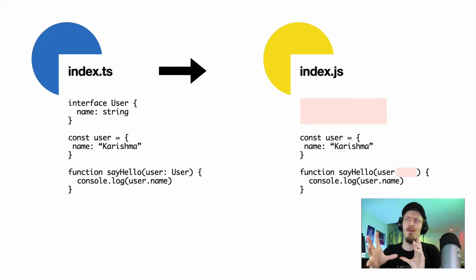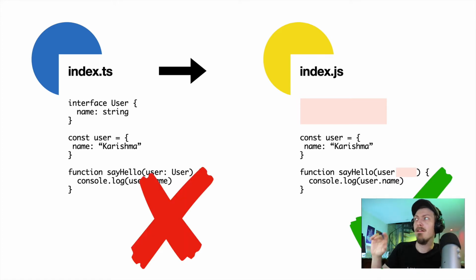So TypeScript's main goal is to go from this code on the left to the code on the right, wherein you could declare an interface very similar, and you could say that the sayHello function takes a user, but that doesn't run in a runtime. So TypeScript's goal is to get rid of all of the parts that make it TypeScript to make itself JavaScript, which is a pretty wild concept. And that's generally a source code to source code compilation, not necessarily a source code to runtime compilation like you see in Objective-C and Swift.